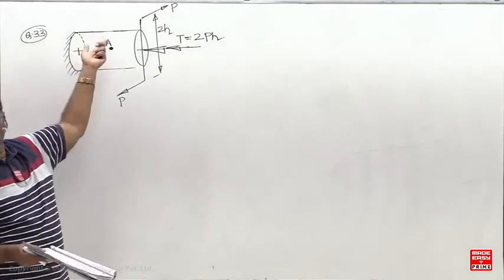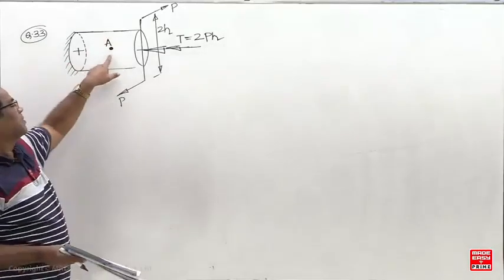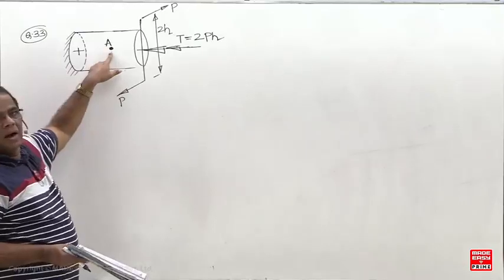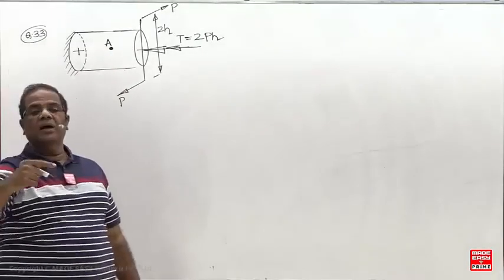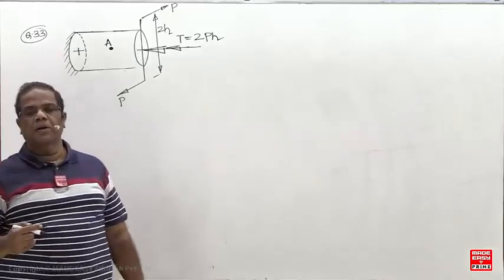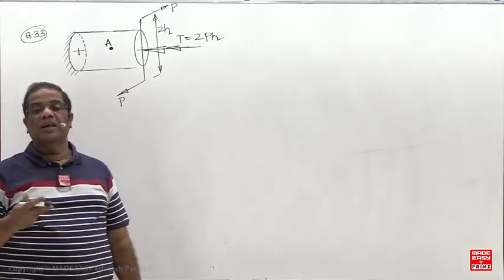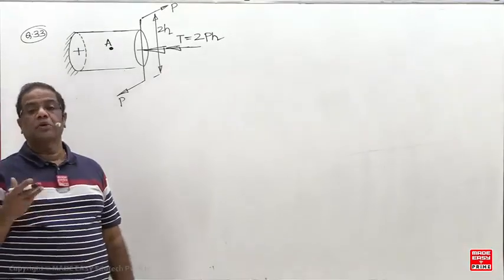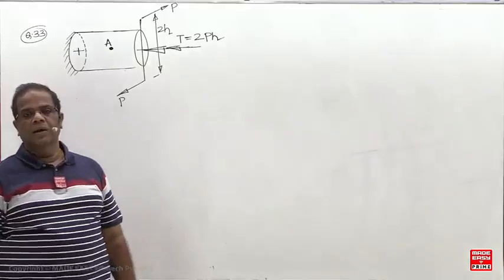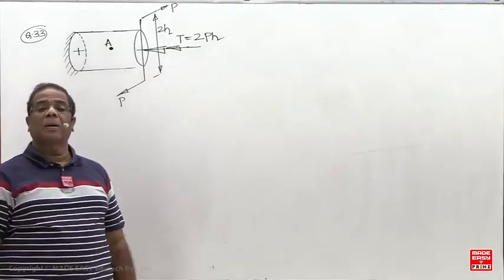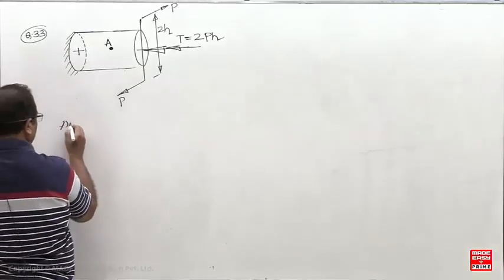Under pure shear state of stress, what have you studied now? This is nothing but on the periphery only, on the surface. Which is the critical point you have studied in pure torsion? Any point on the complete surface is a critical point. Yesterday at the end of the lecture you studied it. You are getting a pure torsional shear, that is a pure shear state of stress. Sigma x 0, sigma y 0, tau xy equal to tau. Then you have studied that maximum tensile, maximum compressive, maximum shear stress are all equal. So at point A,